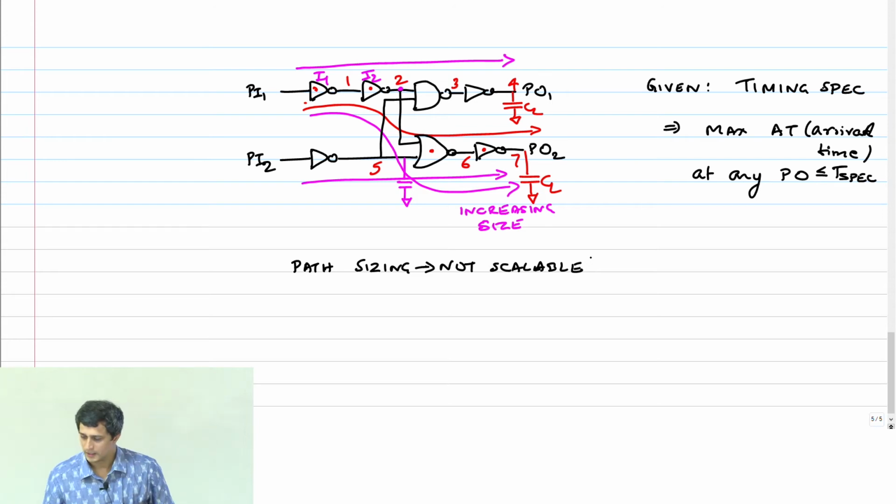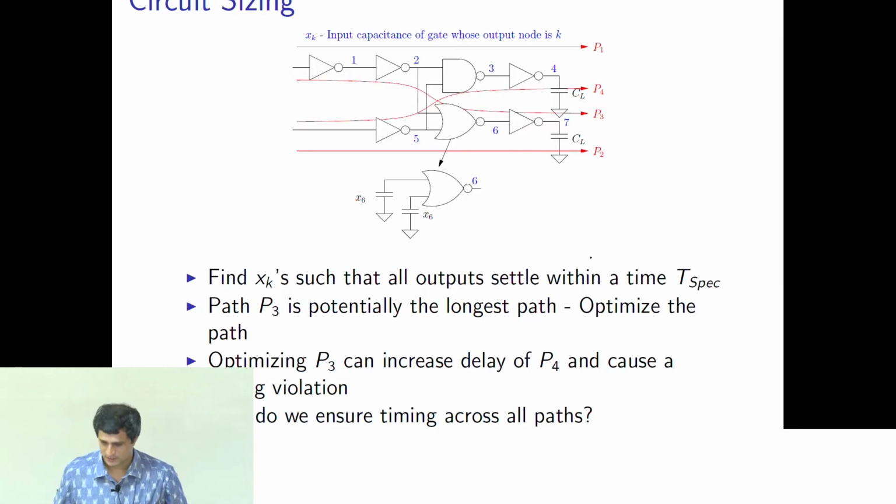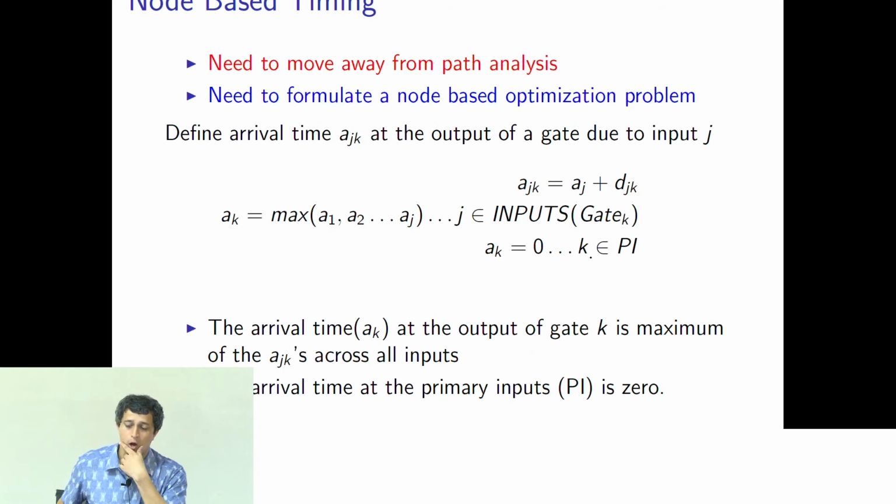Okay? In the interest of time, I will just switch to these slides, so that you just get a quick feel. I want to complete this today. So what I'm going to do now is show you how people moved away from a path-based formulation to a node-based formulation. That means if you have n nodes, the number of equations and other things should be O of n. Then it is solvable. Of course, if you have a large circuit, it will take a long time to solve. But it should still be in the order of the number of nodes of the circuit, right?